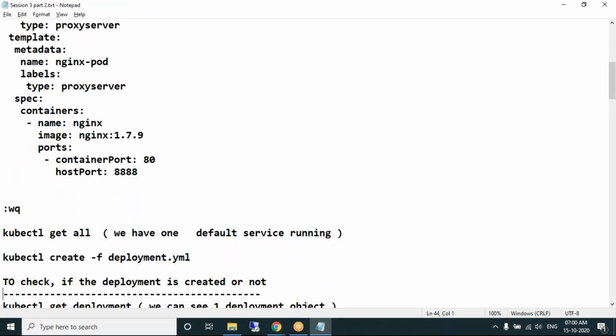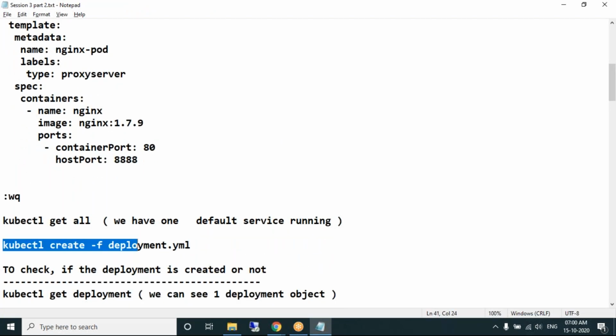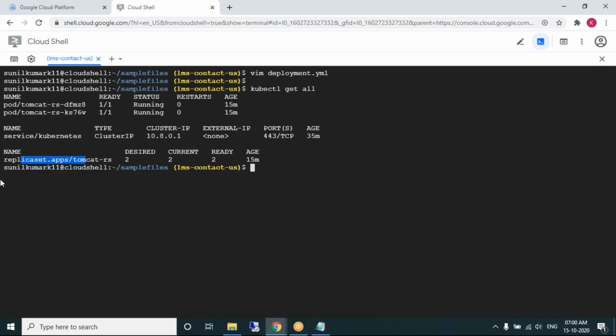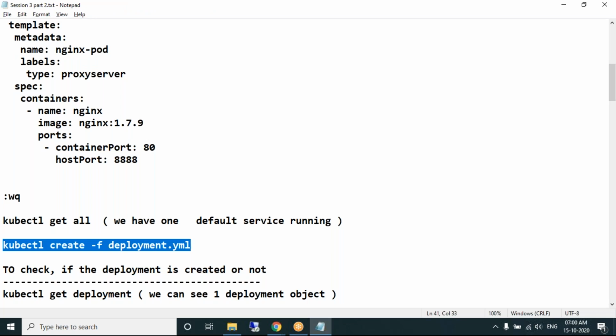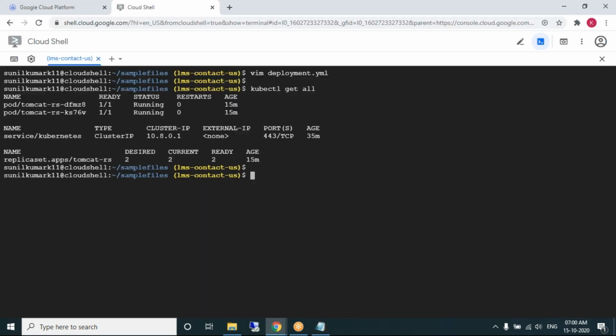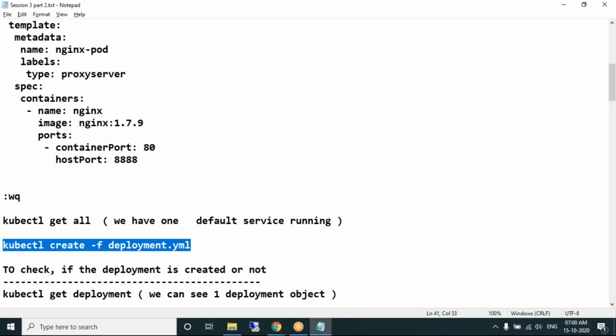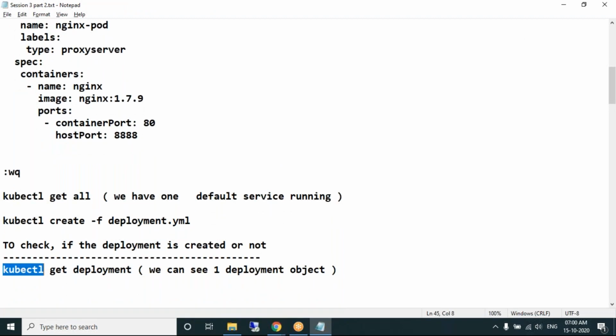Now let's go ahead and create it. Run this deployment yaml file. When you do this, what will happen? The deployment object will be created. kubectl get pods will get the pods. kubectl get deployment will get the deployment object.